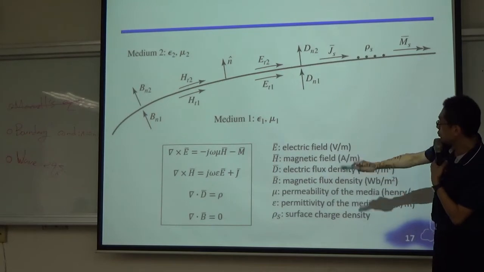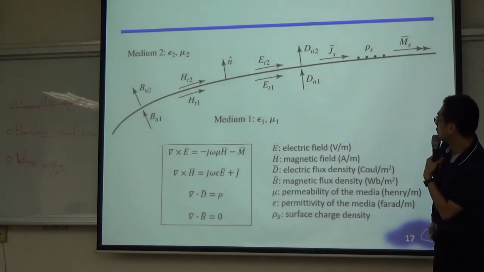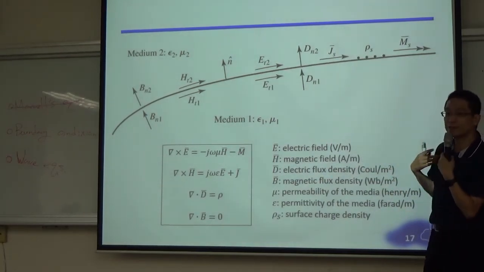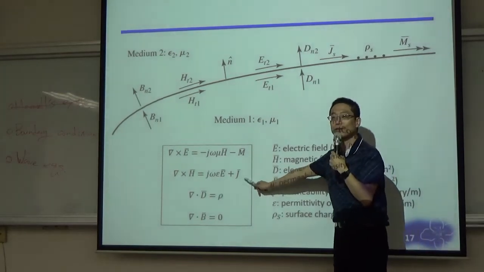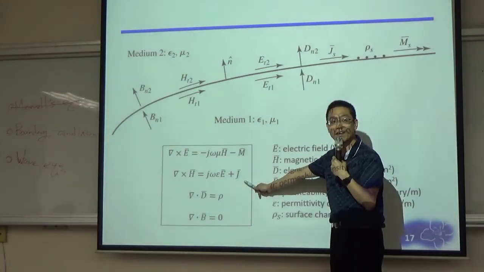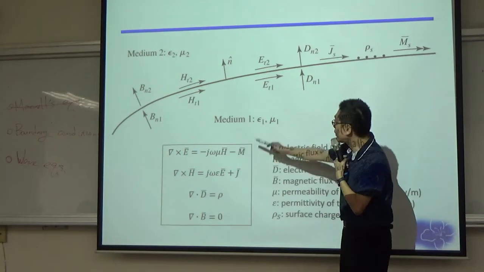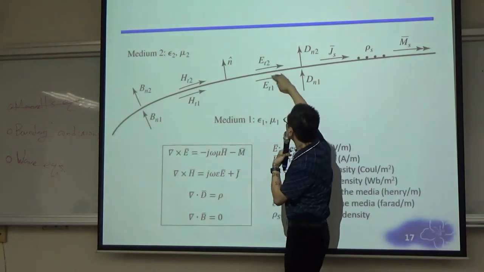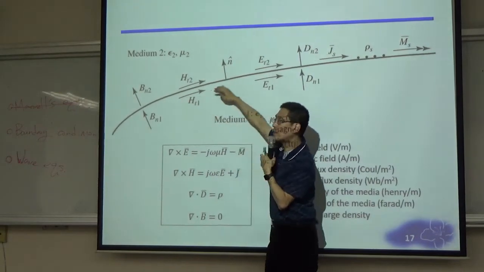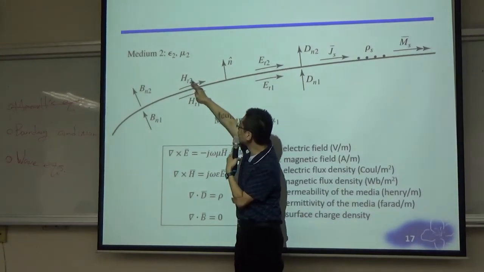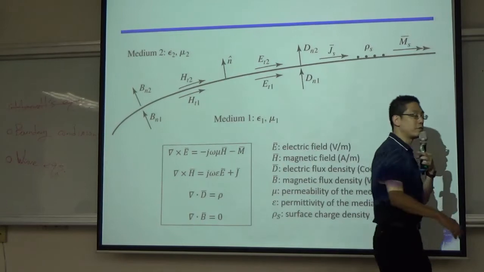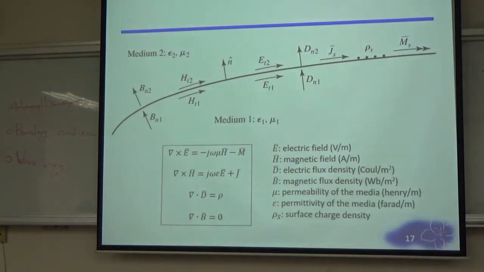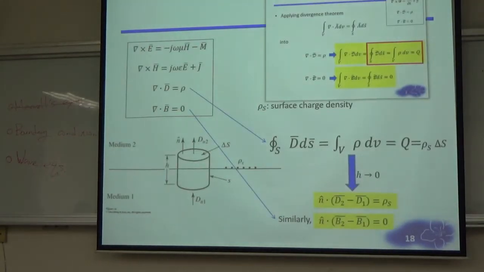For us, 1, 2, 3, 4, 4 equations. As I say, they are important, right? You see this again and again, Maxwell equations. We apply this on here. So what happened to the field on this boundary? What happened to the E field and what happened to the H field on the boundary? First, we apply